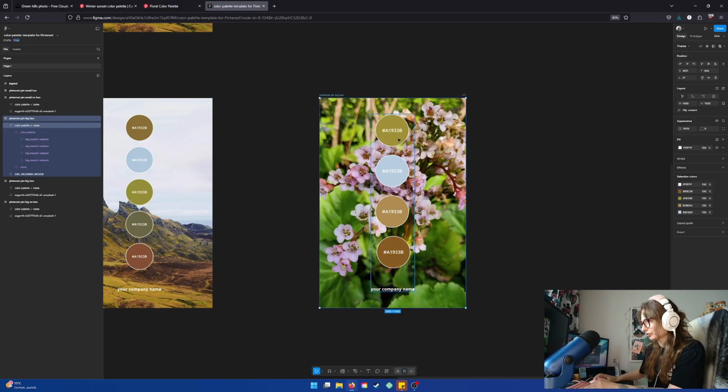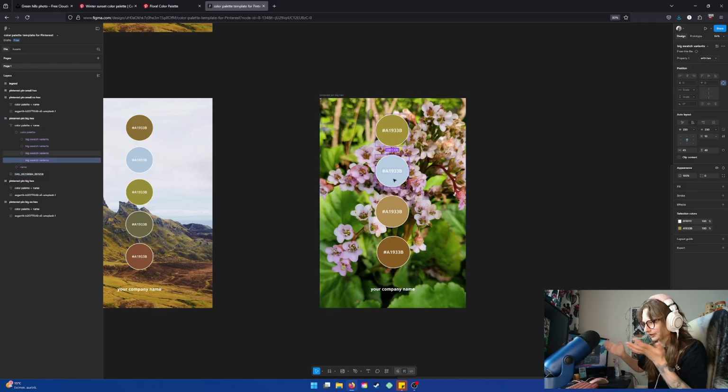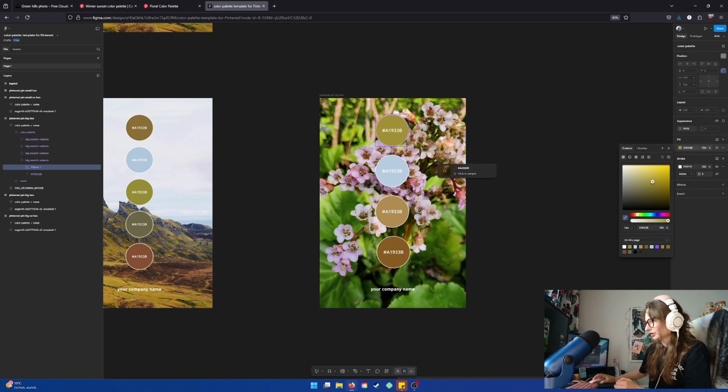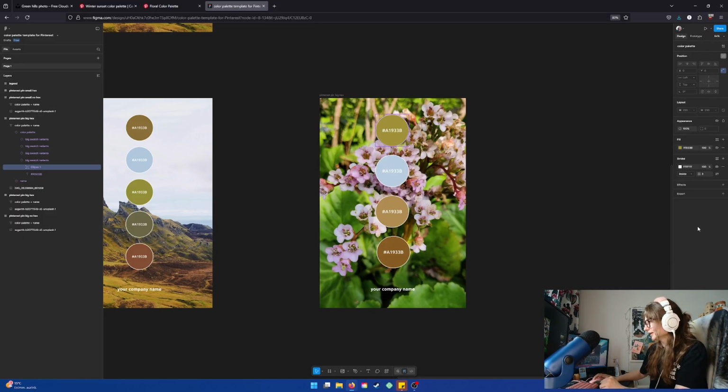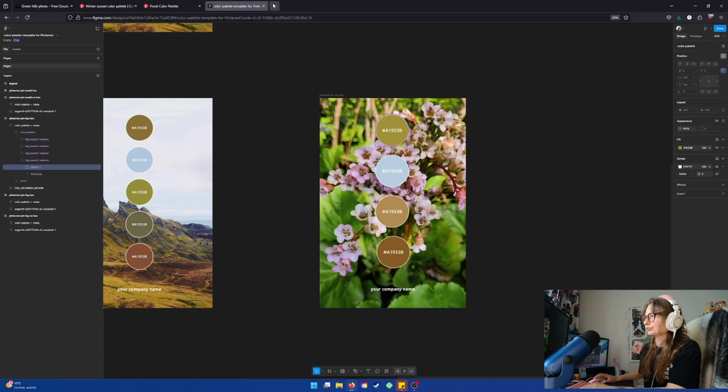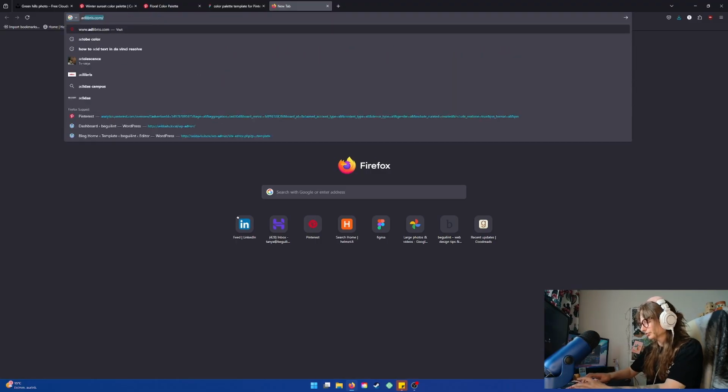I press on the first color swatch on the template, and then I press fill, and I use the color picker tool to look for the color I like. However, it was not always this way. When I just started, I didn't have the confidence of simply inputting the image and choosing colors the way I saw them. I would use quite, I guess, an old school tool, Adobe Color,